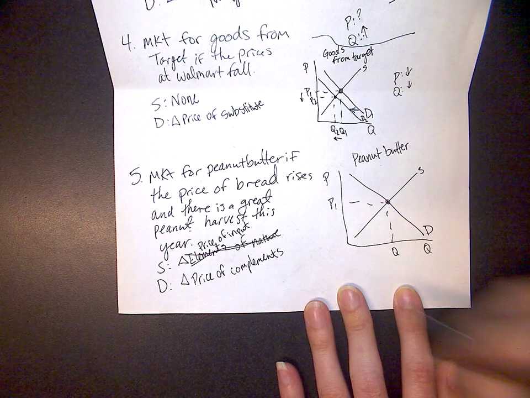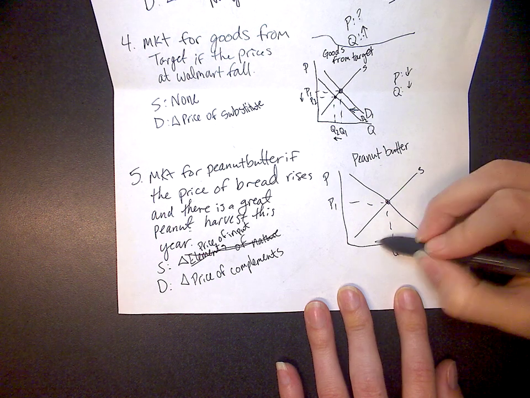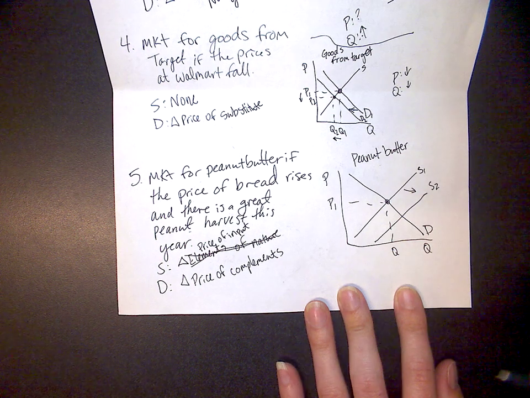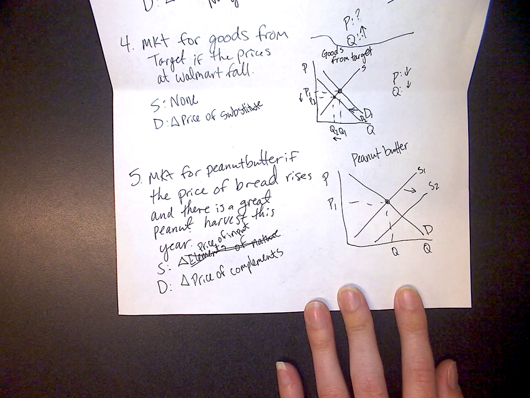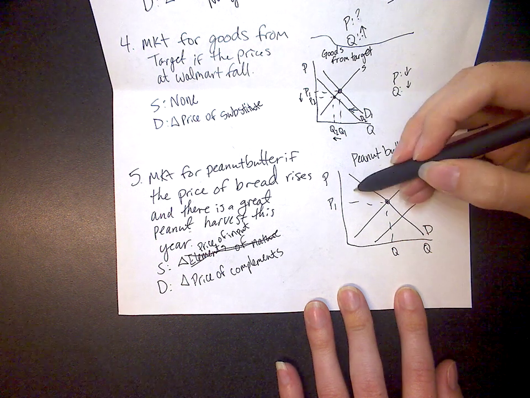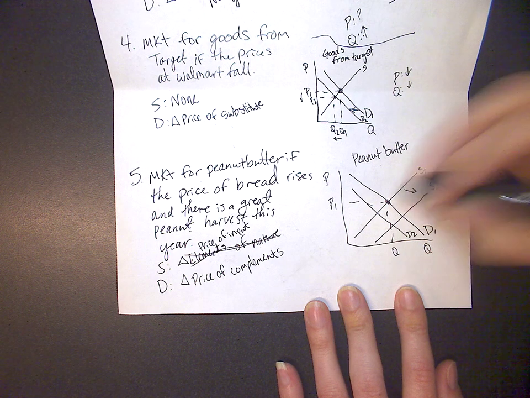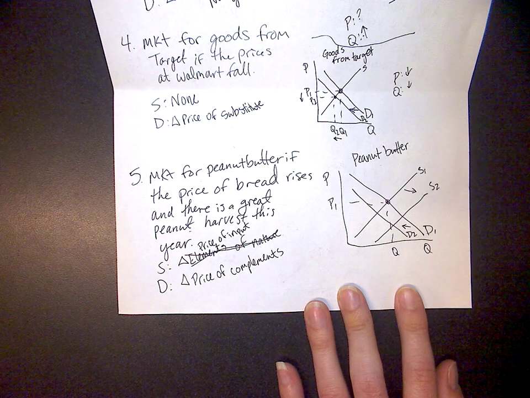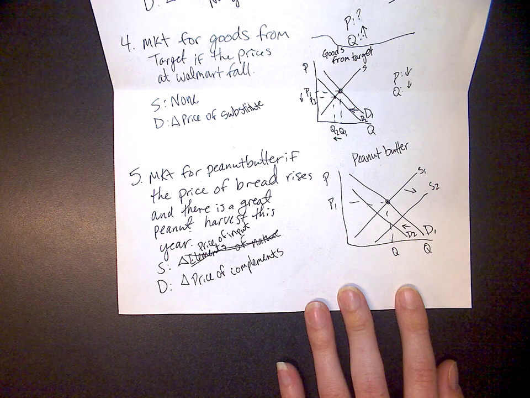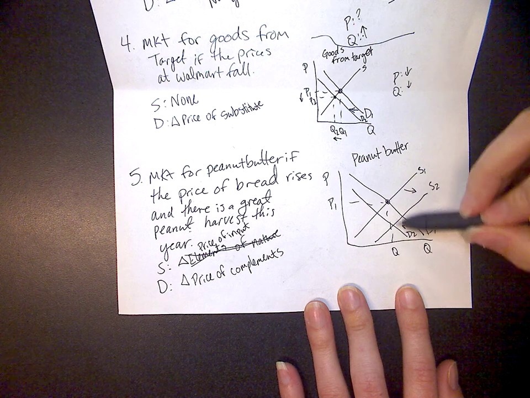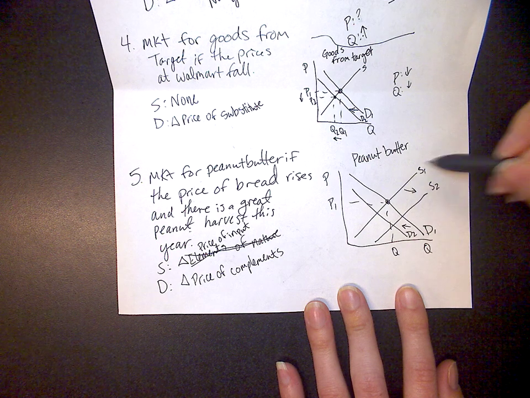All right, so P1, Q1. Now it is easier to make peanut butter because the peanuts are cheaper, and the price of bread rises, so people want less peanut butter to go with their bread. Poor peanut butter never did anything wrong, but people do not want as much of it because bread's expensive. Make sure all of your labels and your supply and demand and arrows are on the right side of the graph,